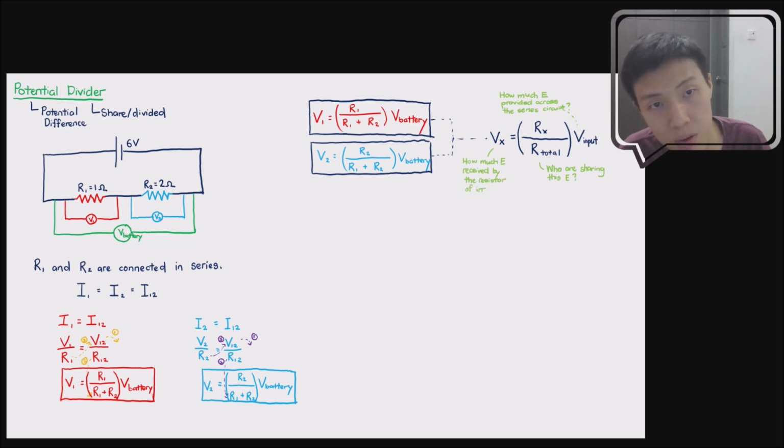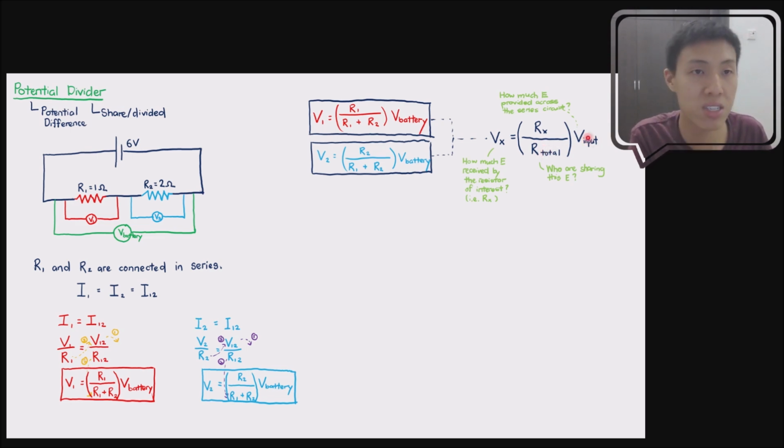Okay, in this case, my resistor of interest is X. In this case, it's RX. But it can be other cases. You can look at Y, you can look at Z, up to the situation. So this equation here allows you to know, if there are that many resistors